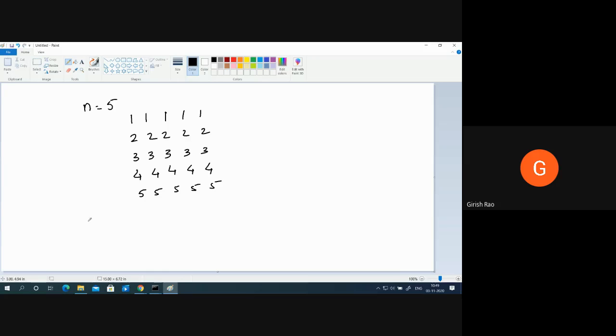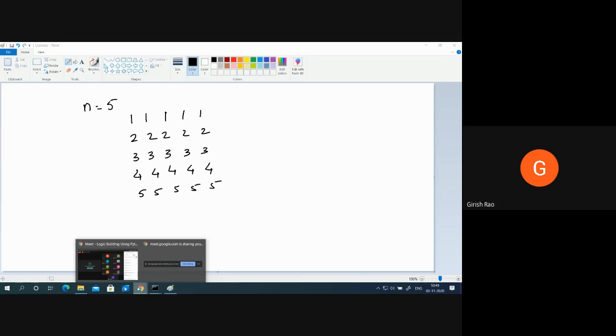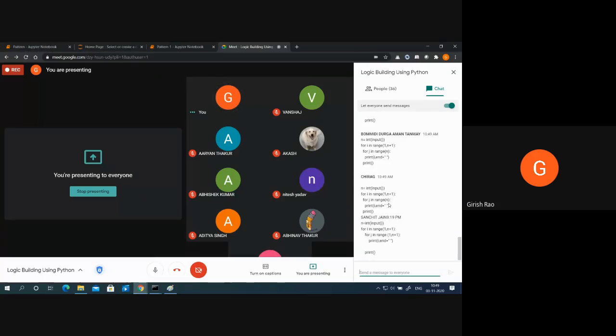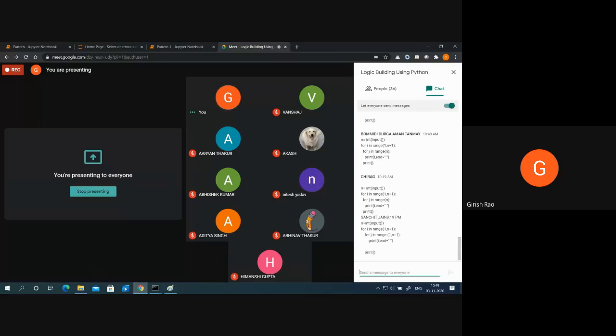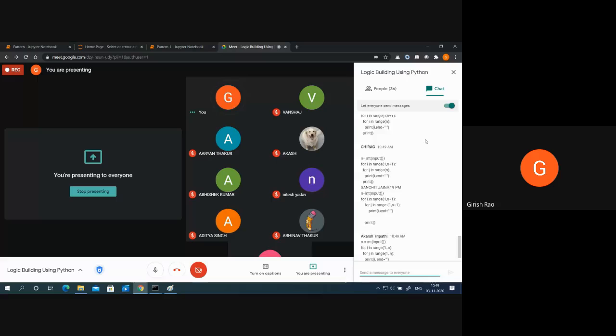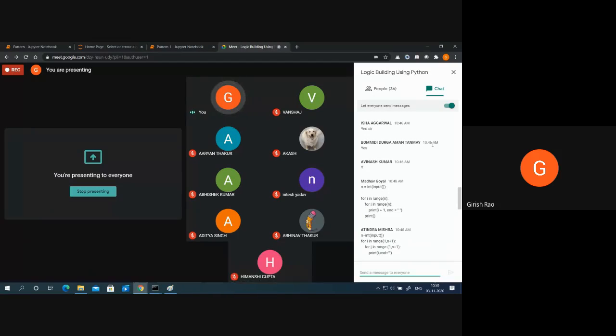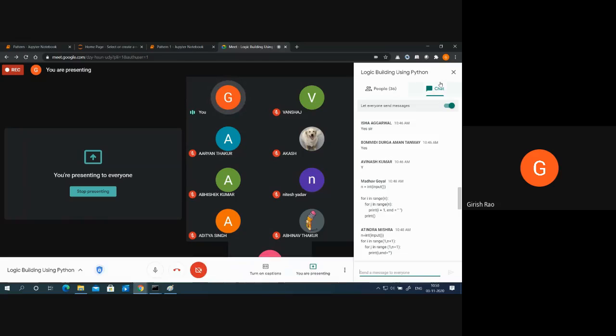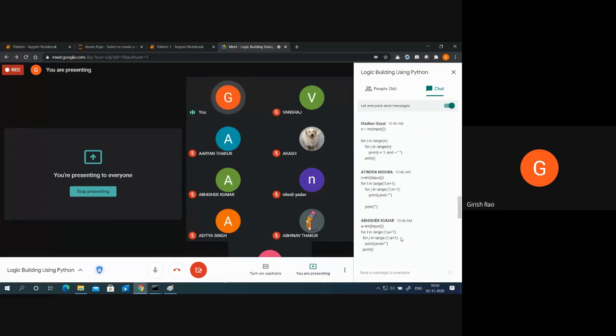Okay, so it is 49. Let me check. For i in range n, j in range n, print i plus 1. Okay. Let's see Atindra's solution. Atindra said start the range from 1 and end with n plus 1.